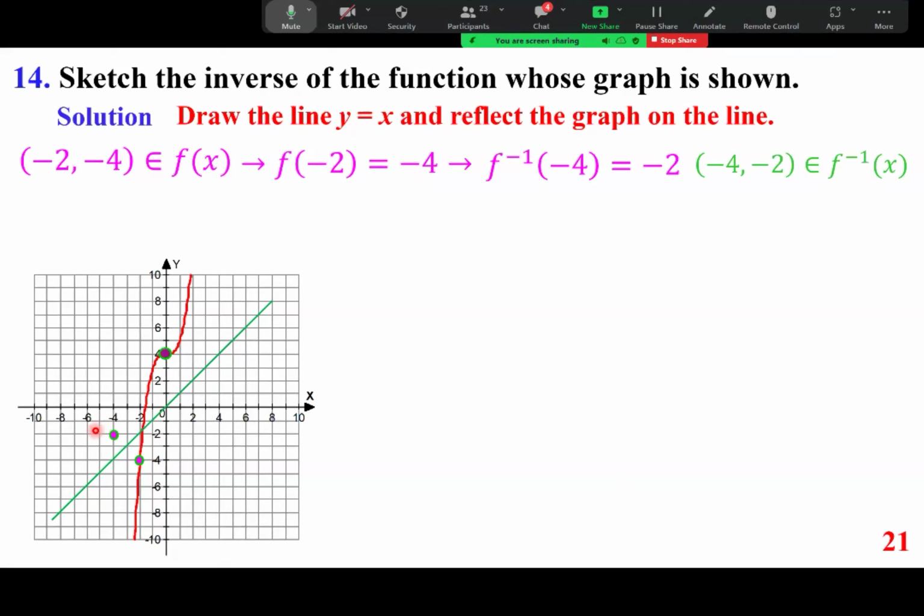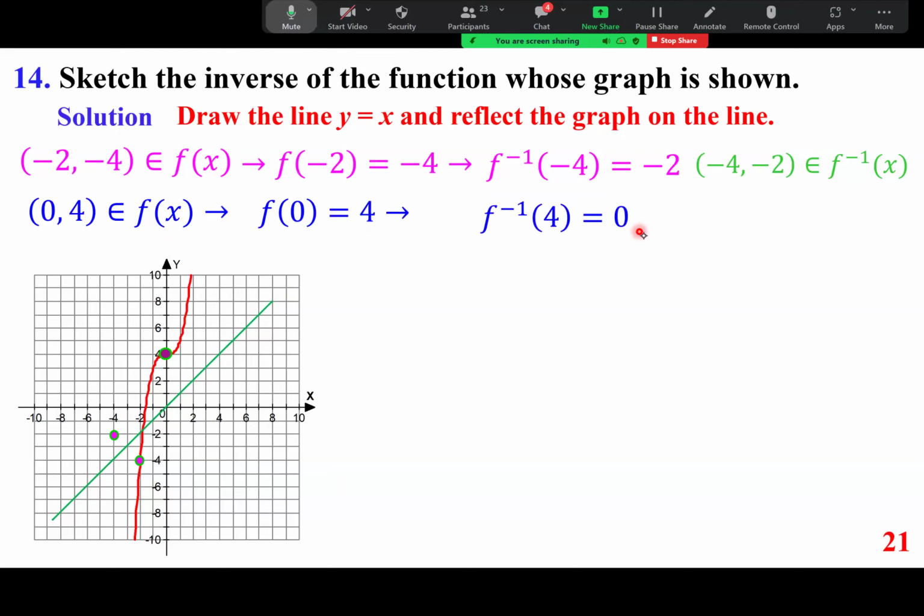Another easy point would be the y-intercept located at 0, 4. 0, 4 belongs to f of x. So if we want to go directly to the end, we write 4, 0. This one belongs to its inverse. Or we write f of 0 is 4. That means f inverse of 4 is 0. And that means 4, 0 belongs to f inverse. That's the other point. Another easy one,